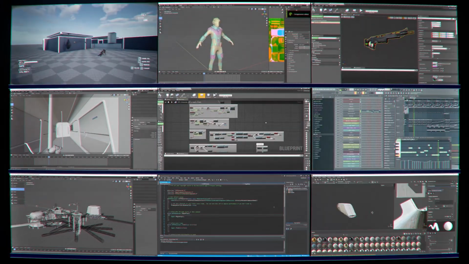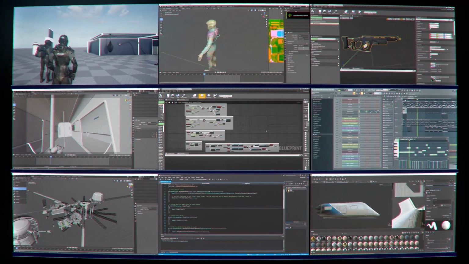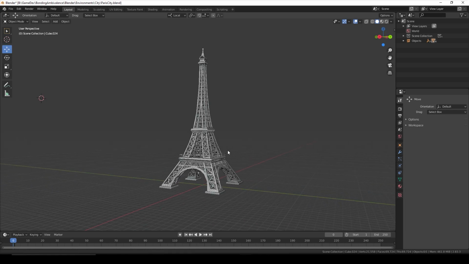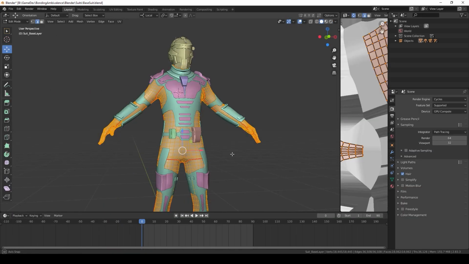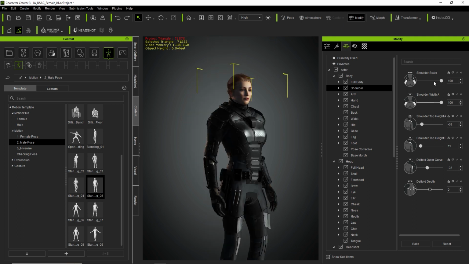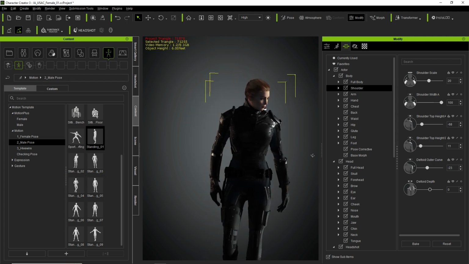This video is not a tutorial, but a workflow overview of how Blender has been used to create the game Bonding Ambivalence. Together, we'll see the possibilities and the limits of Blender for this project, and also some of the useful tools you can use in your creation workflow. So let's go and take a look.